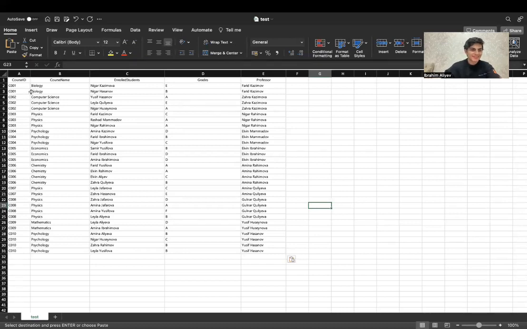So as you can see, we did it. Now we have separate enrolled student and grade. Nigar Kazimova E, Nigar Hasanov B. As you can see, for each cell, we have only one value. For enrolled student column, we have only one value, Nigar Kazimova, Nigar Hasanov, and for grade, only one value for each cell, not multiple values, because it causes the violation of atomicity and first normalized form. So as you can see, we applied first normalized form, and now